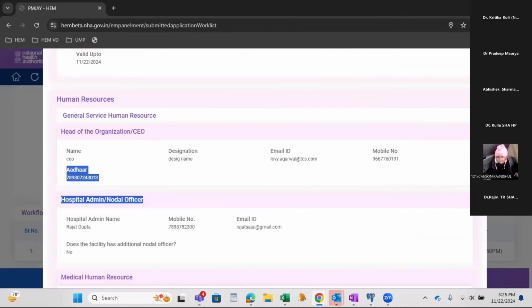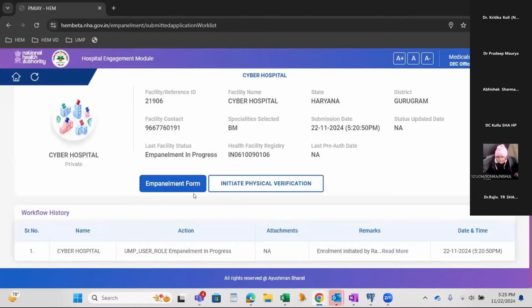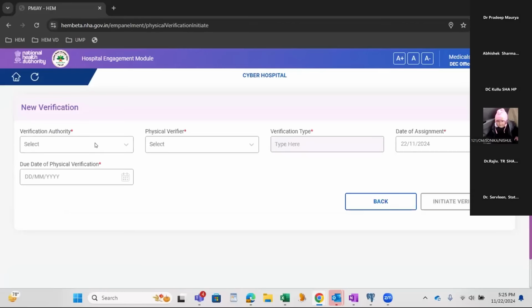Now, this is initiate physical verification. This is a mandatory physical verification initiation for a private hospital. I click on this and a new screen will pop up where I have to select the physical verifier. There are two options: we can assign to a district DEC physical verifier or a TPA, third party.